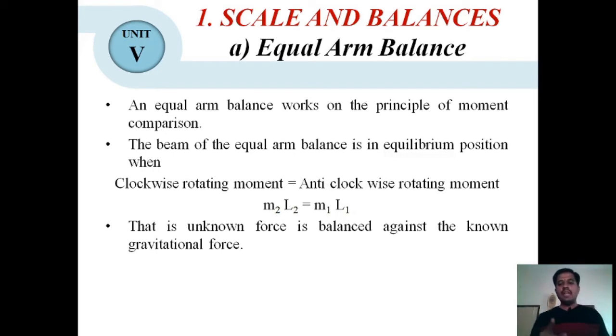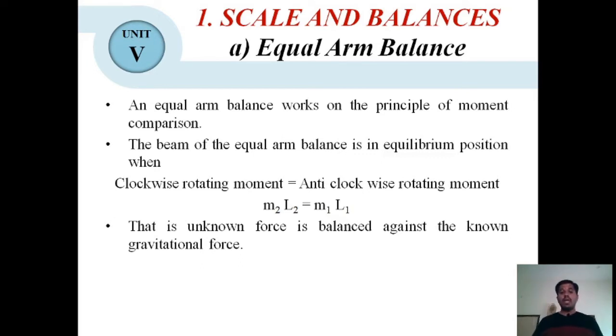So an equal arm balance works on the principle of moment comparison. Here we are comparing the moment. The beam of the equal arm balance is in equilibrium position only when the clockwise rotating moment, that is, if we apply the force in the clockwise direction, is equal to the anti-clockwise rotating moment, that is, m2 L2 is equal to m1 L1, where m1 L1